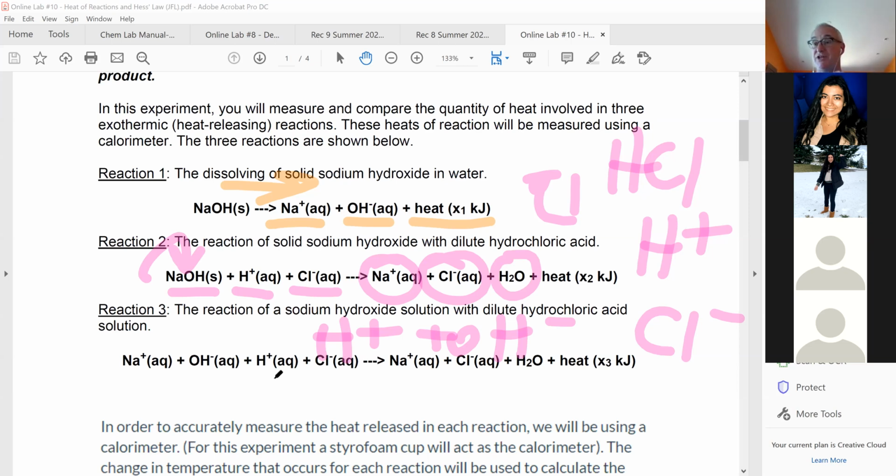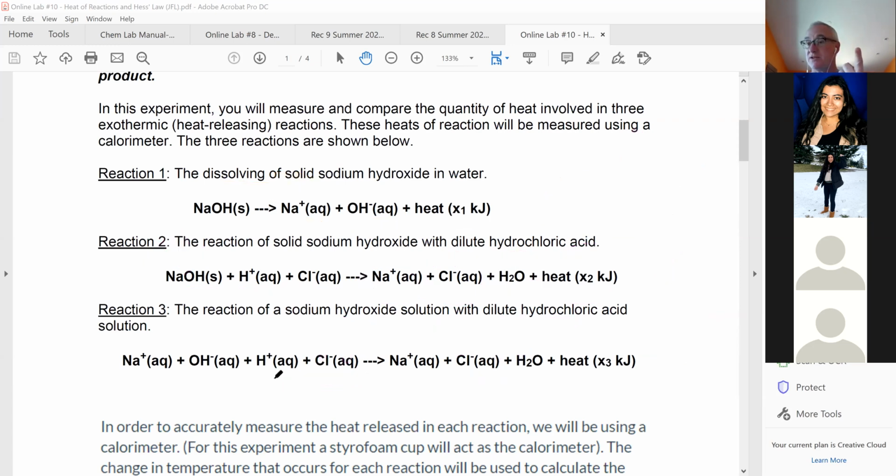That's a neutralization reaction. Remember, that's a neutralization reaction. We have a strong acid, H plus, we have a strong base, OH minus. When they come together, they neutralize each other and form water. And that's also an exothermic reaction, because we're breaking bonds and we're forming bonds. And so the net is we're going to be releasing heat from that reaction. And so the third one,